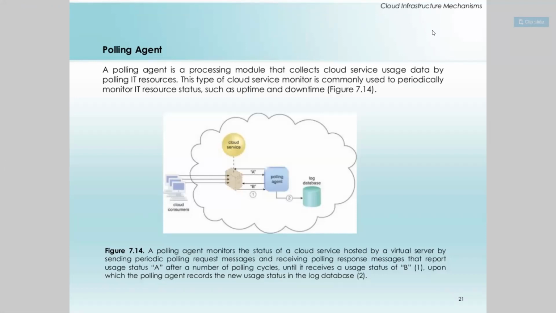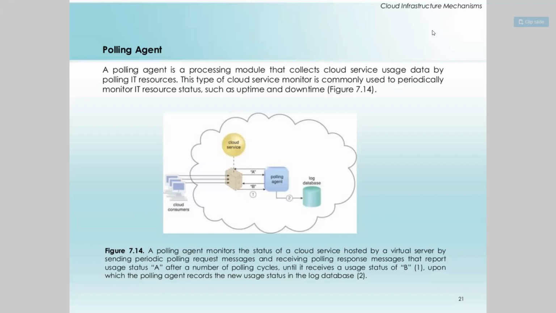Similarly, here also the polling agent is again a processing module, and for whatever cloud service usage is being monitored, like all the IT resources being given to you as services, it is going to keep checking their status, because it is a network, right? There is a possibility that at some point your network may be down, due to interferences or any other reasons. So the polling agent will keep sending request messages, and as soon as it gets the response back, it is going to acknowledge.